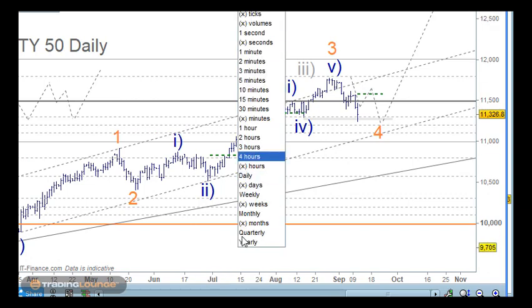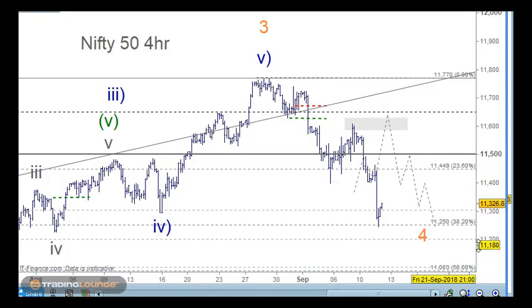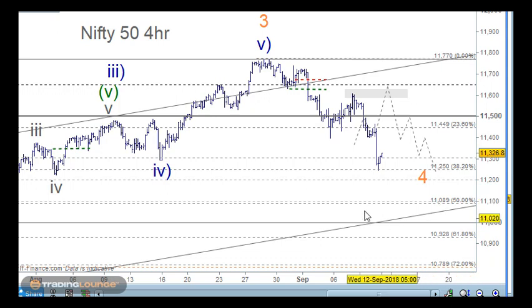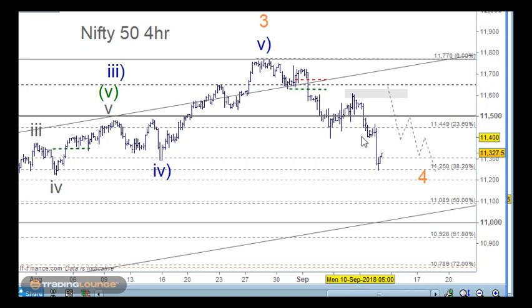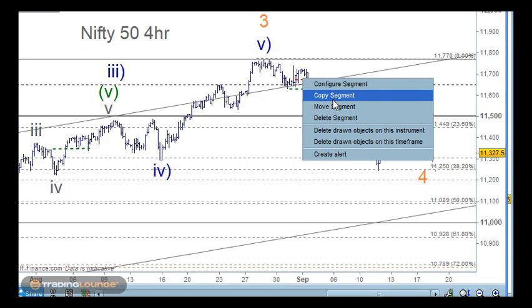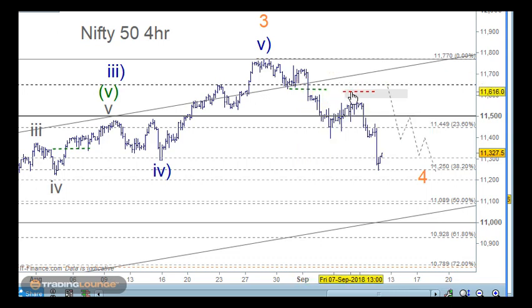So let's just dive in here onto the 4-hour chart. So this has fallen away quite nicely. So yeah, we're looking for a move back up into this box here. So definitely achieved that. And we can bring this stop down here, move stop. I would have put it there last time, but we've kept it out of the way. We've done all the right things. You may have taken profit here and all that sort of stuff. So I think I'll just check that in a moment.